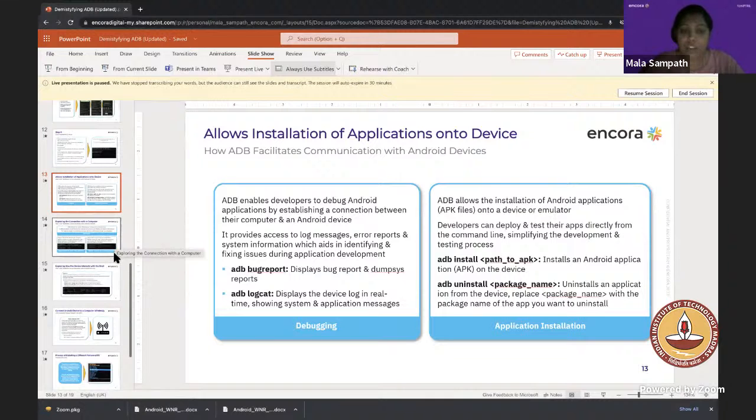Next, if you have to install or uninstall any applications that are given to us in the APK format, that can also be done. The command is simply adb install and the path of the APK. The APK can be saved either in the internal storage, on the SD card, or on our computer. By providing the command adb install and the APK name, we can install the application